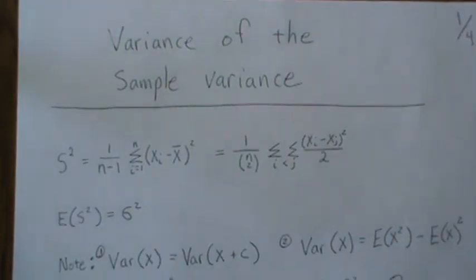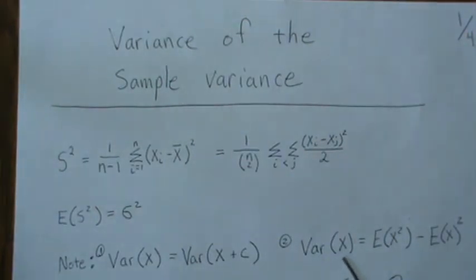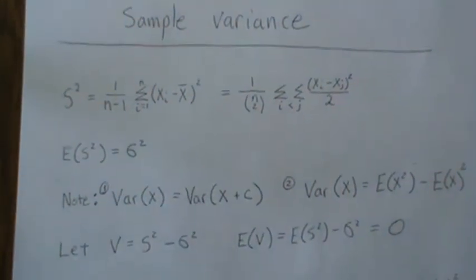A couple notes about the variance: if we add the same constant to every data point, it doesn't affect the variance. And also, a shortcut formula for the variance is the expected value of x squared minus the expected value of x, squared. So we're going to look at